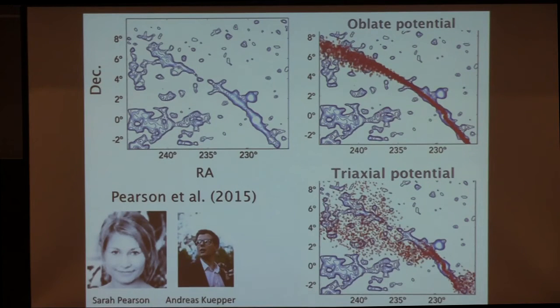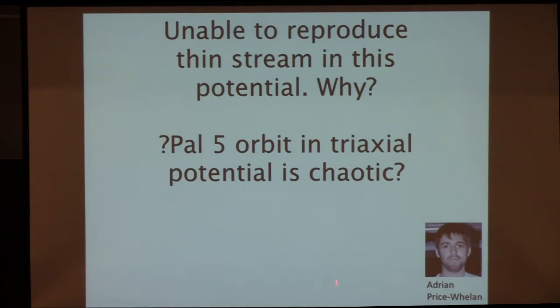And we did not investigate multiple potentials here. We just talked about ruling out this particular triaxial potential. But the implication of this first work, it was a very simple paper, is the question left behind is, of course, why is it in this particular potential that we couldn't fit this stream? And what could that be telling us? So Adrian decided to follow this up